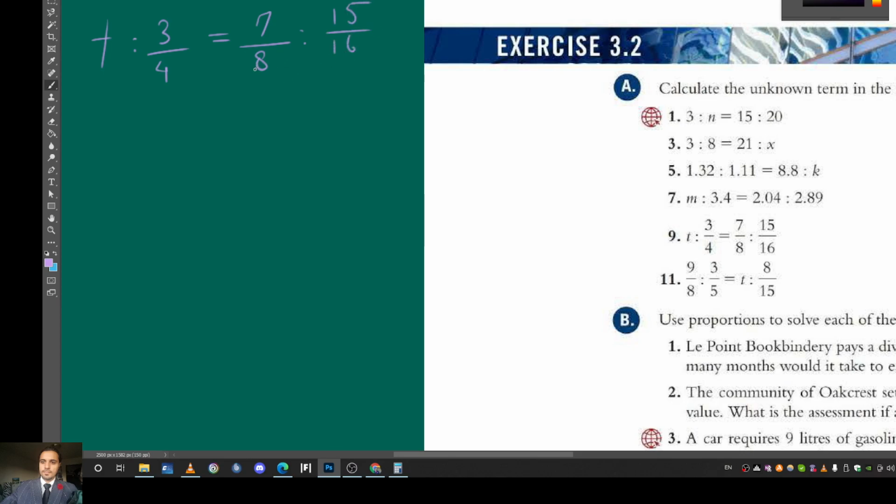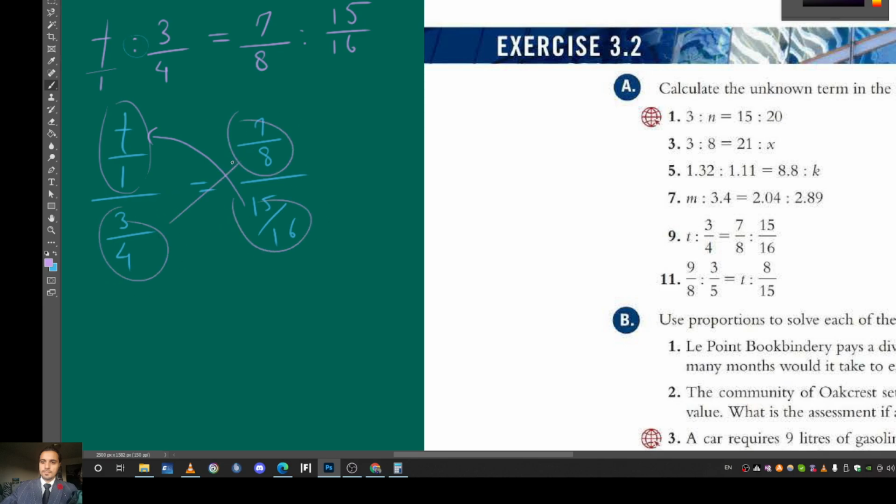Okay, so it's fractions, with no need to worry. Just remember t can also be written as t over 1. This ratio just means division, so this whole thing divided by 3 over 4 equals 7 over 8 divided by 15 over 16. Now this will get multiplied with this, so cross multiply, and we will have t over 1 multiplied by 15 over 16